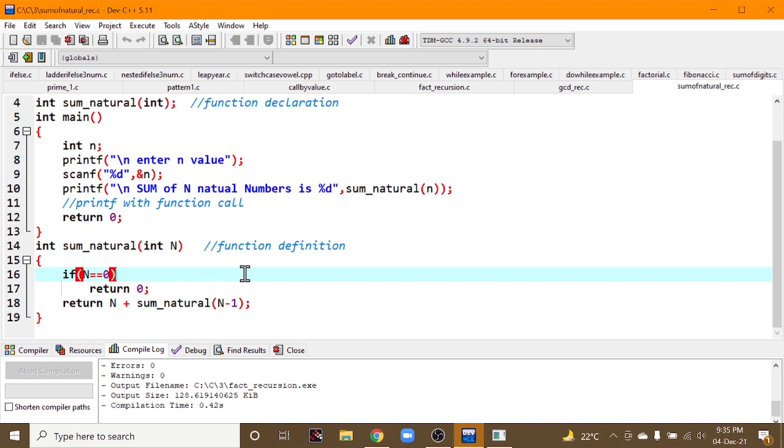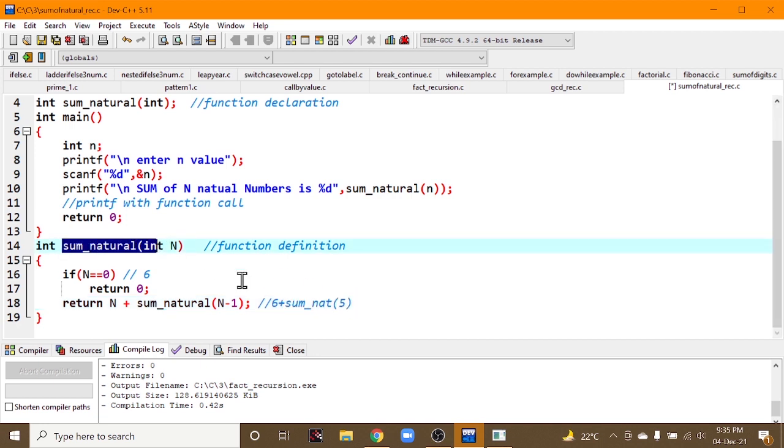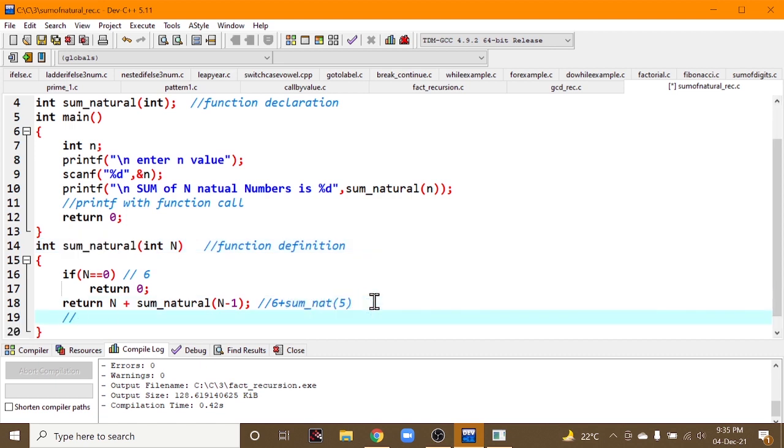Sum of, let us take, 6. Here you will be getting 6 plus 6 minus 1 is 5. So output is 6 plus sum underscore natural of 5. So this is a function call again. So again it goes into it, it finds for this value. Okay, so what it will do, 5 plus sum underscore natural of 4.